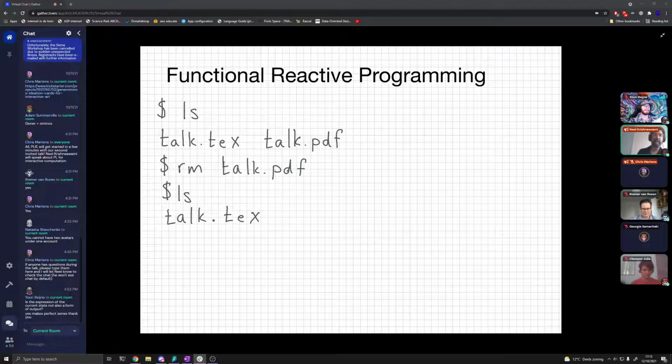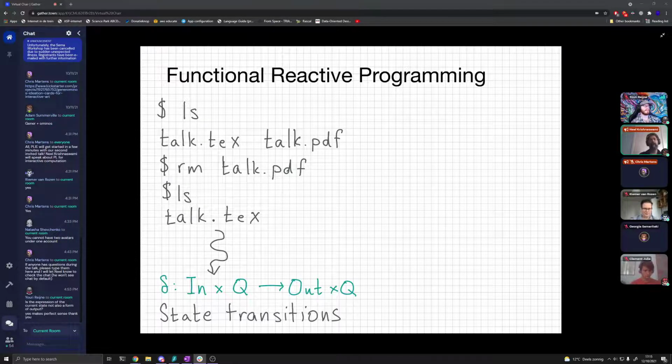So in 1997, Conal Elliott and Paul Hudak made an observation. What they observed was that if you look at an interaction like this, an interaction with a terminal where you give it a command and read some output, the way that we're modeling this is via state transitions. You think of ls as an input, and it gives you back the same state of the file system, but prints out the current list of directories. And then when you do an rm, it's going to update your file system to remove talk.pdf and give you an updated